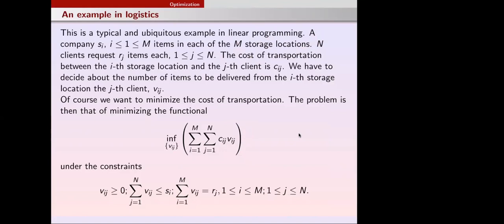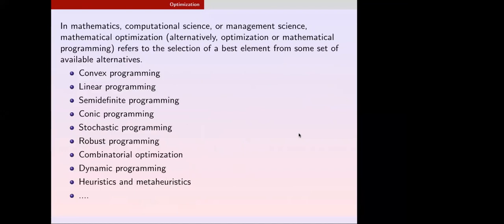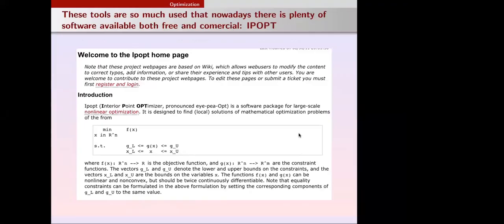before, like optimizing the shape of an aircraft, once you discretize the problem, something that you necessarily have to do, right? When addressing the actual computation of the simulation, once you discretize the problem, you get into similar issues. And this is why optimization theory is so broad. You will see subfields like convex programming, linear programming, semi-definite programming, stochastic programming, robust programming, right? You certainly know. This is one of the most relevant fields in applied mathematics. Nowadays, we are lucky